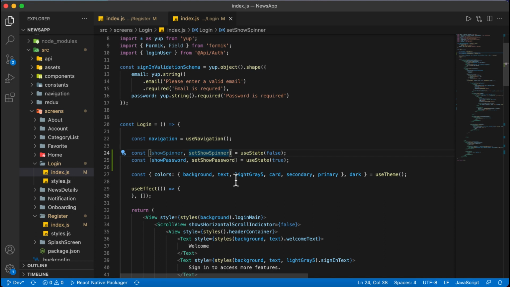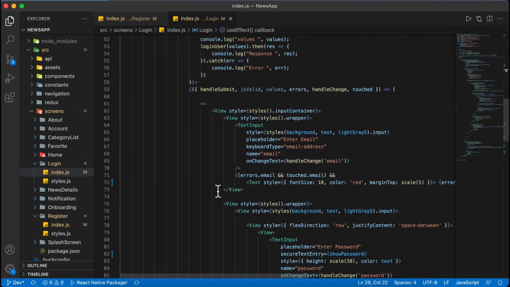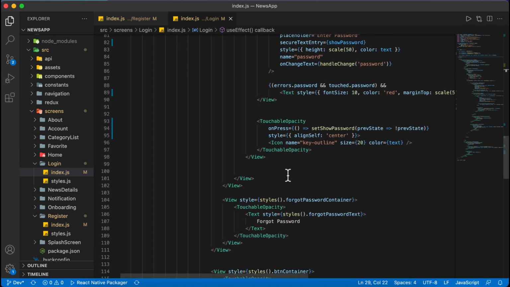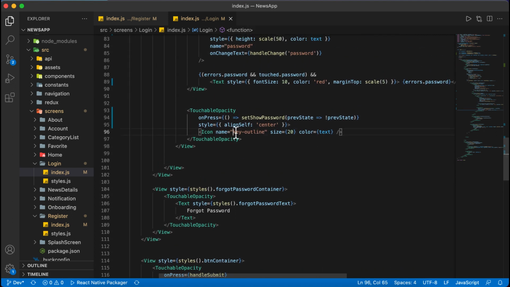And also one more thing, we will change the icon here. When it is open, we will display some other icon. So what I will do, I will go where the icon is displaying here. Okay, I will cut this one. So we'll take brackets. If it is show password, meaning the password is hidden, we will give this name, and if it is not hidden, meaning it is displaying, we'll give key. Okay, this is the ternary operator condition.